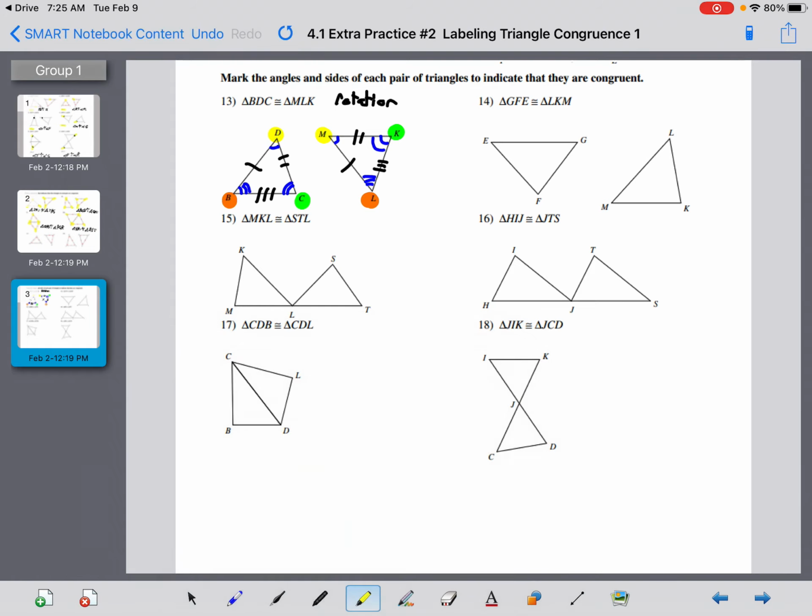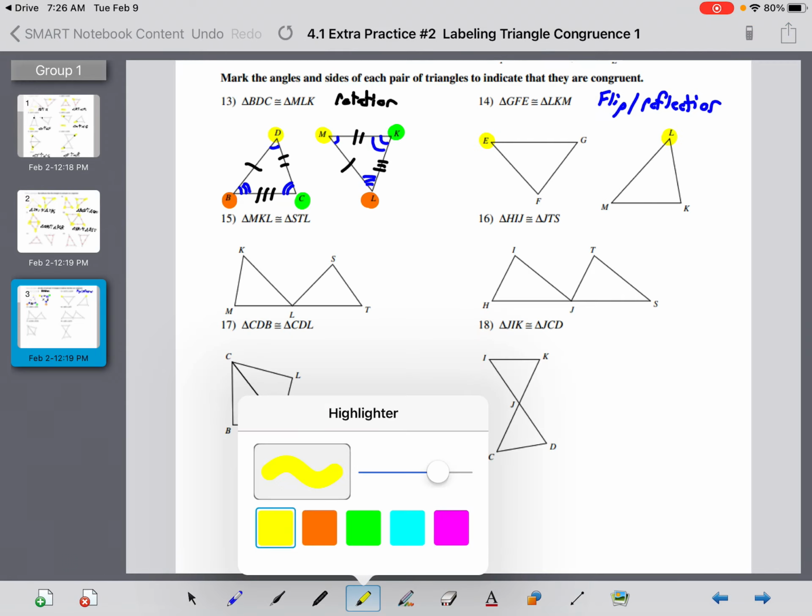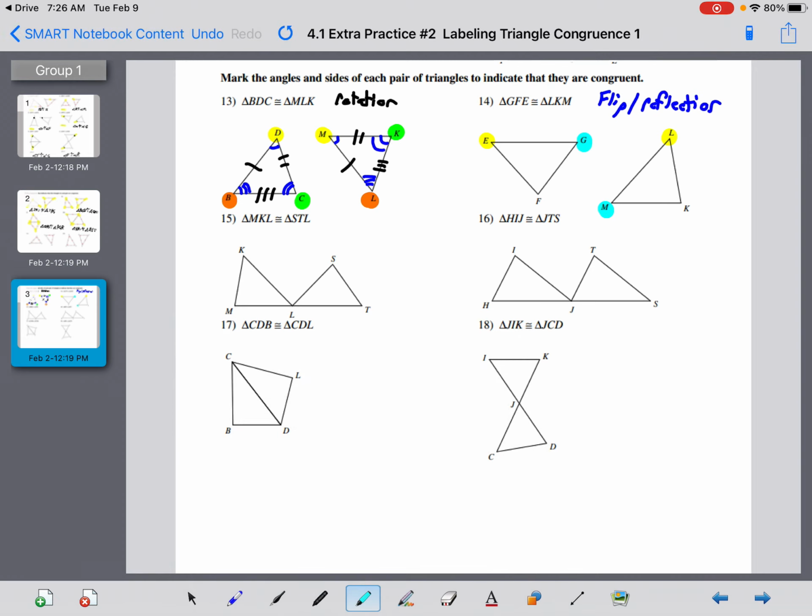Okay. We're going to do the same for 14. Now 14 kind of looks like a flip or a reflection. So if I were to flip EGF over, you would see that E corresponds with L, that G corresponds with M, and that F corresponds with K. So again, it doesn't matter which colors you start with. I'll put 1 in between yellow and purple. I'll put 2 in between yellow and blue. And I'll put 3 in between